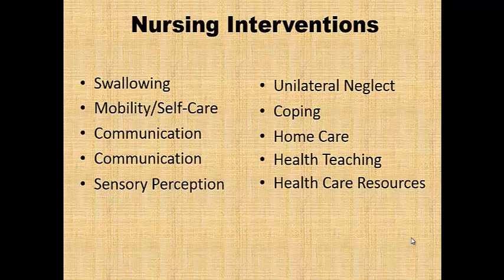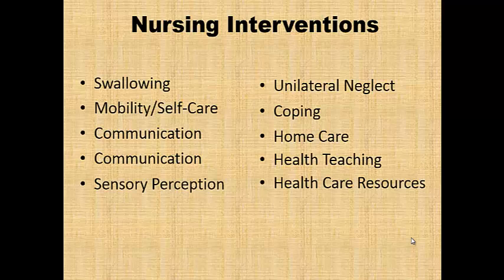That means they may need to be reoriented. They will need to establish a new routine. Present information to people in a very simple manner, and give them pictures of familiar objects to try and improve their sensory perception. In order to prevent unilateral neglect, encourage the patient to use both sides of their